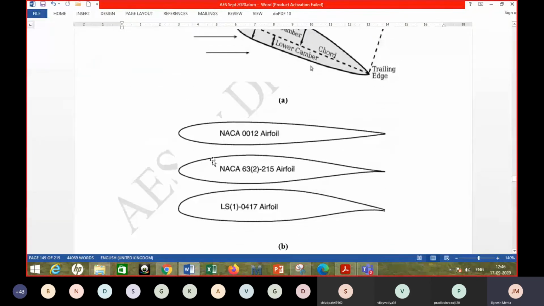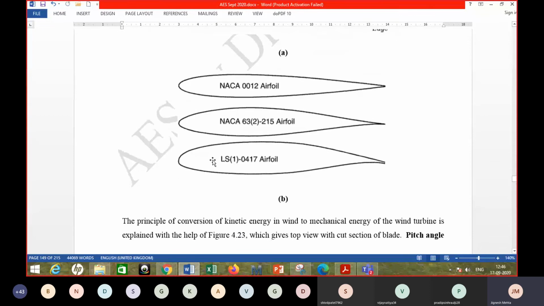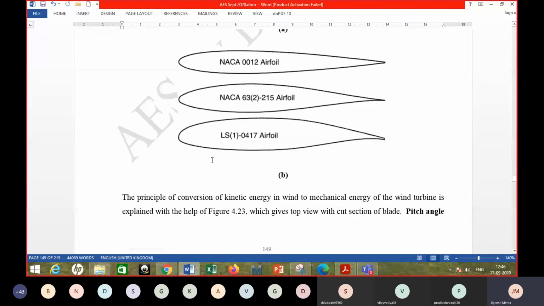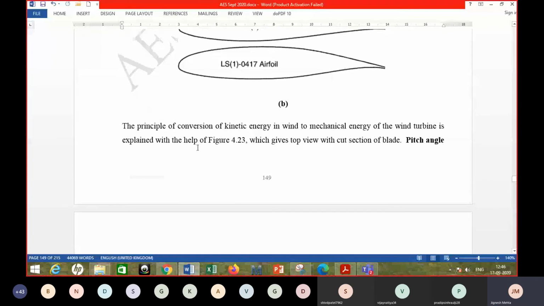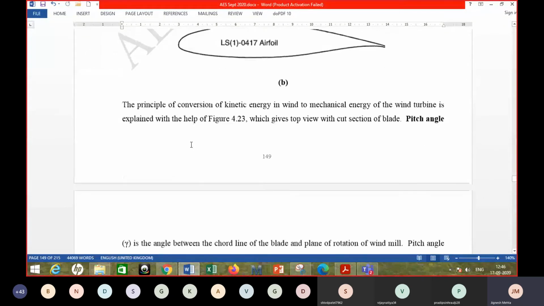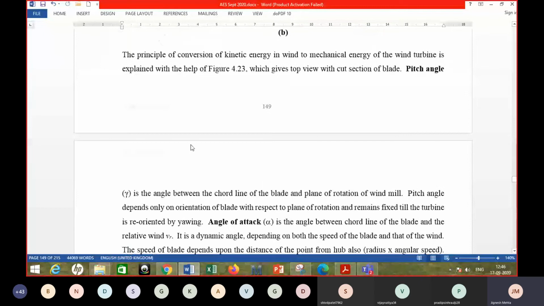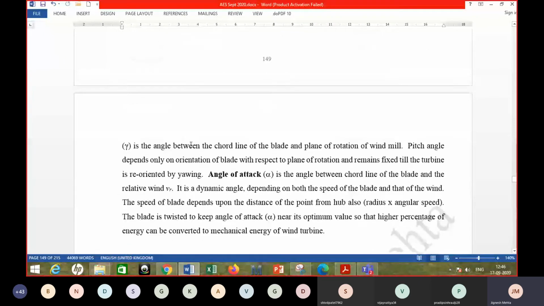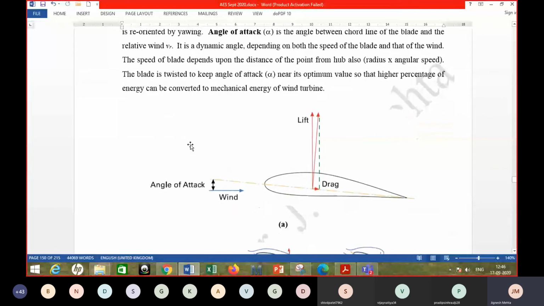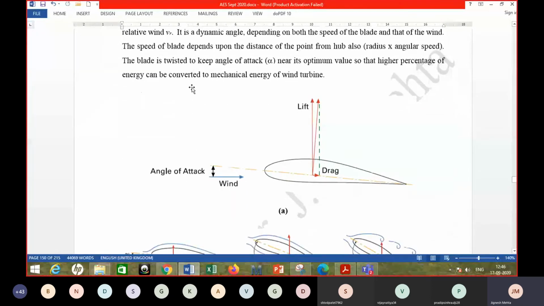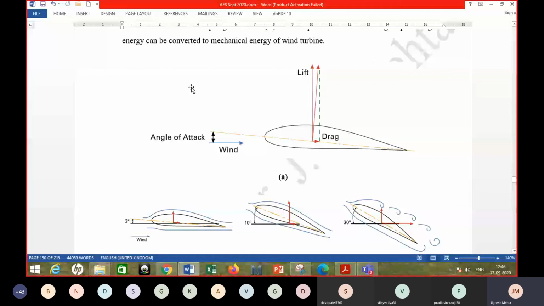Okay. And there are different commercial shapes of the aerofoils developed and used in different applications. Wind turbine is of course not the only application. Okay. So now we will discuss different terminologies related with the aerofoil. Okay. So this angle of attack is already known to you, and this is the relative wind,